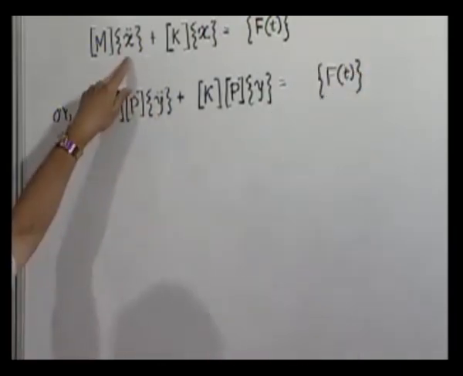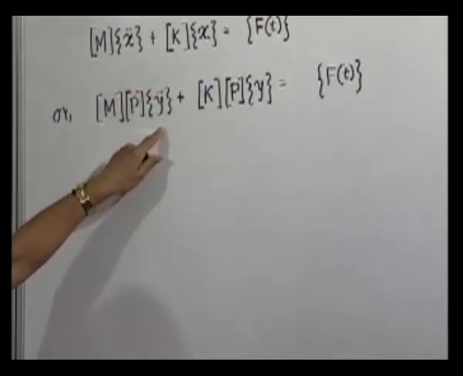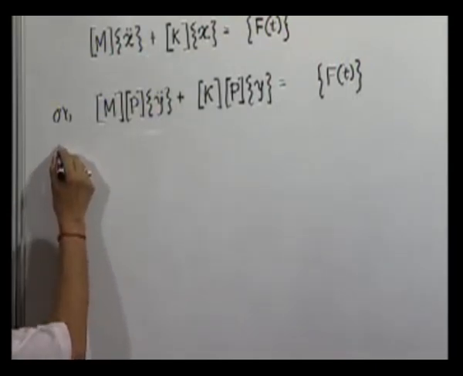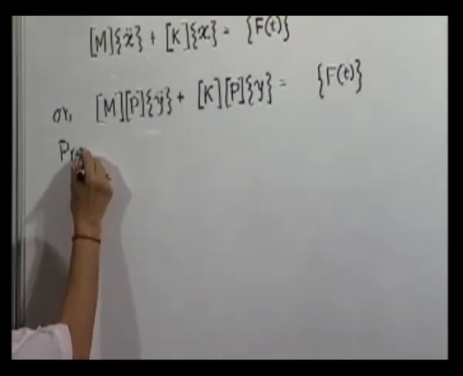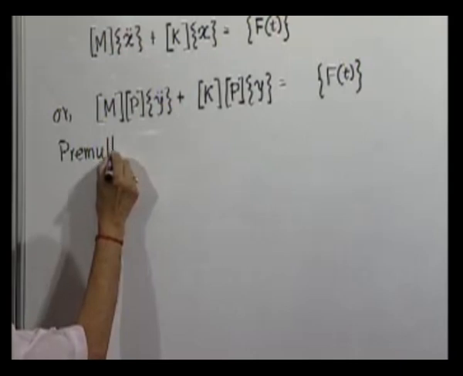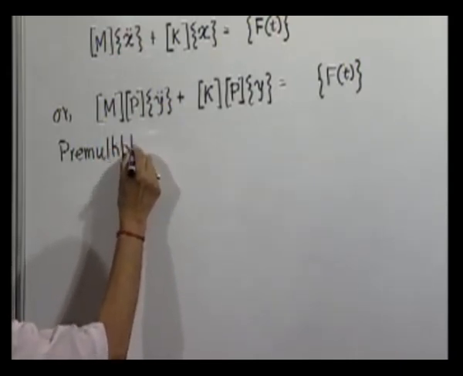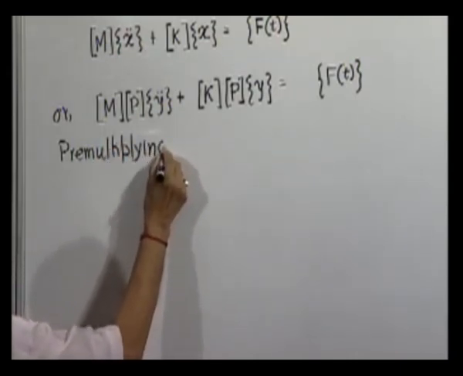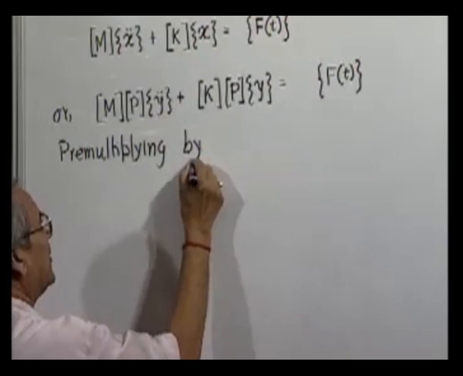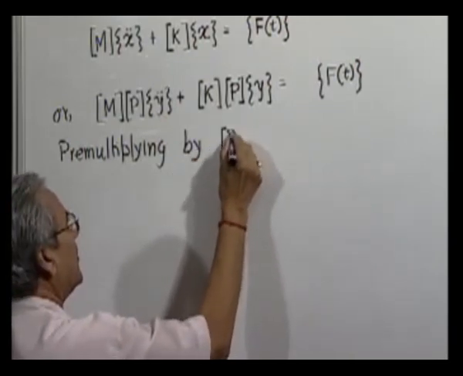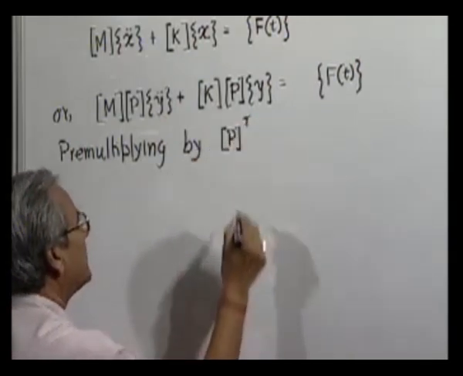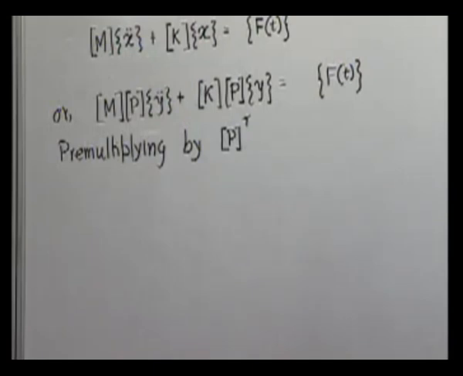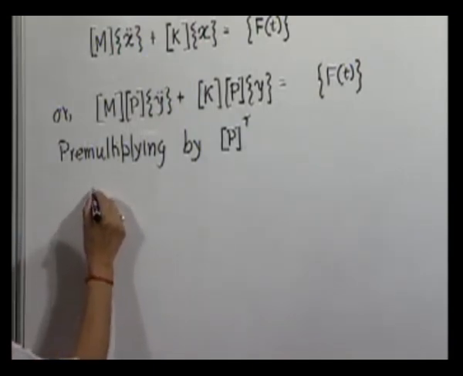We have replaced x double dot by P y double dot, and x by P y. Then pre-multiply both sides by P transpose. We get then